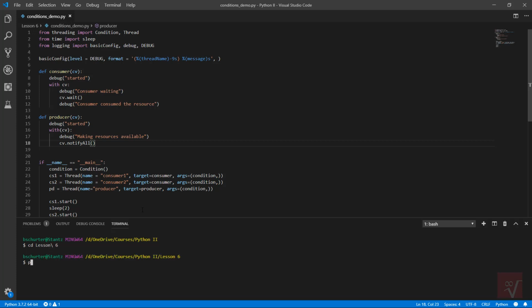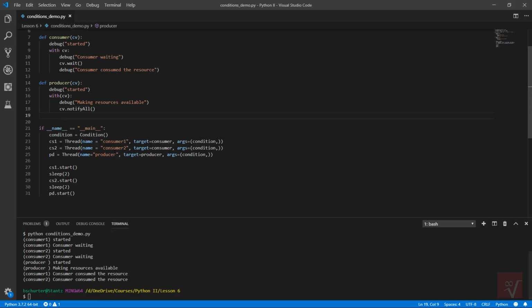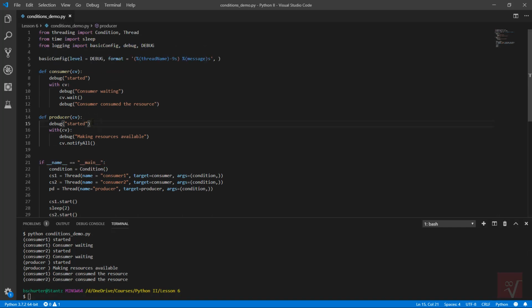And we'll start Python with conditions demo. And hopefully, if I didn't forget anything, we will see that the consumer's waiting, the second consumer's waiting. Then as soon as that happens, the producer starts, makes the resources available, and then the consumer will consume the resource. And like I said, if this was happening in a loop, we could have it, for instance, the producer